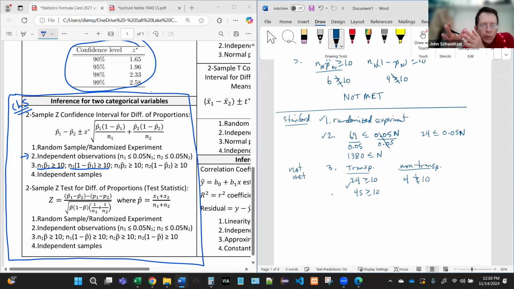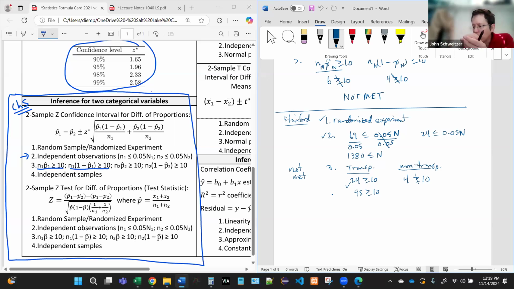Okay, so what do we do with that? Well, unfortunately, we have to put kind of an asterisk next to the results. Do we have to throw it out entirely? No, but it's not really going to be a conclusive result for us. It's one of those things you learn as a researcher. You want to make sure that before you start the research, you're going to be able to meet all of the conditions at the end of the study, right?